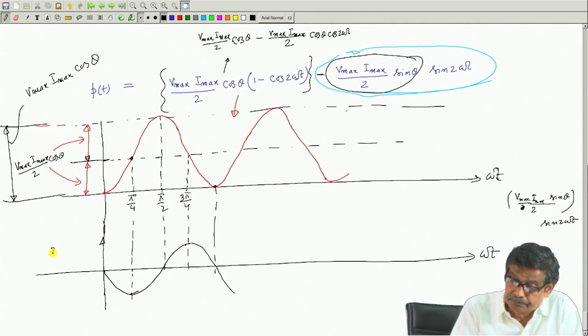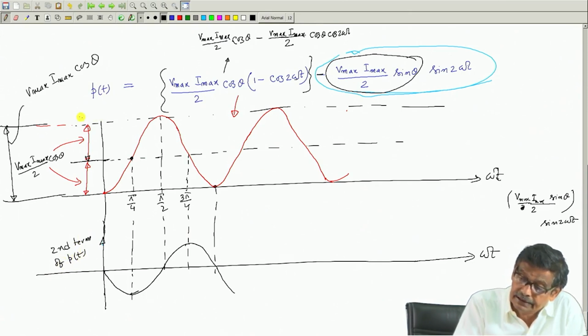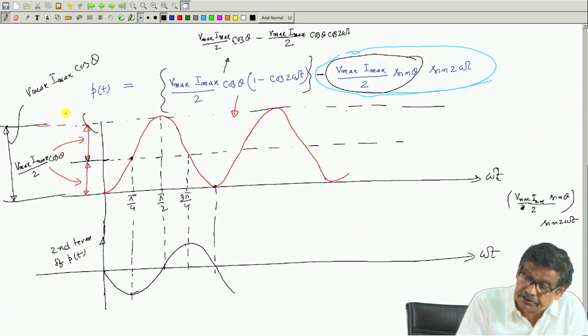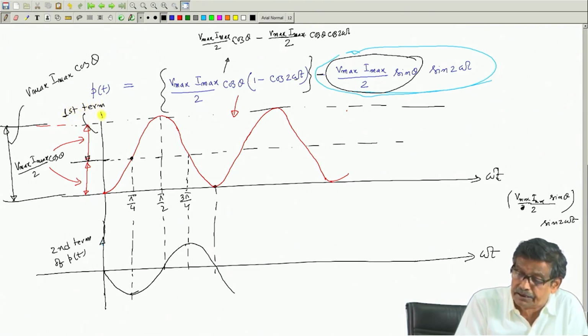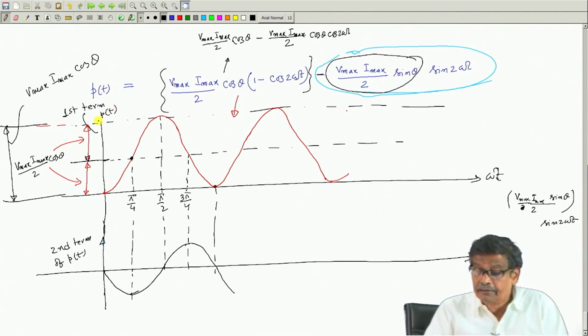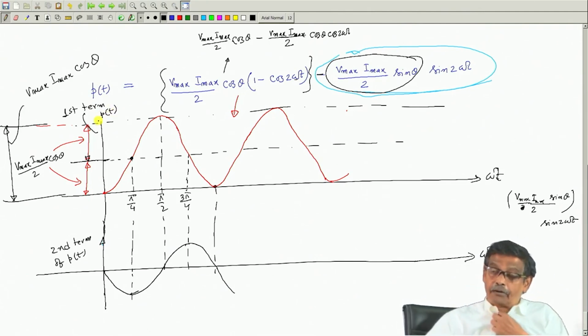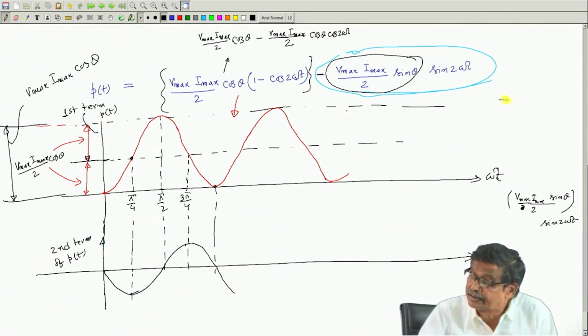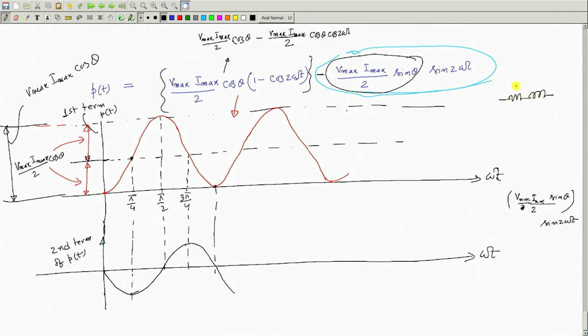So, second term of p t, and this one is first term of the p t, that is what p t. Therefore, instantaneous power absorbed by this R L circuit, we are now going much deeper into it and trying to understand what is happening here. So, this is your V t, this is your I t,